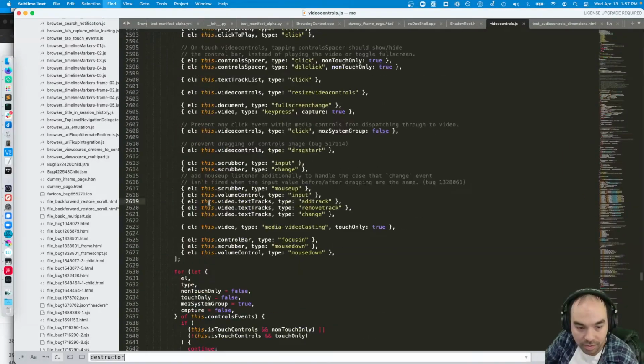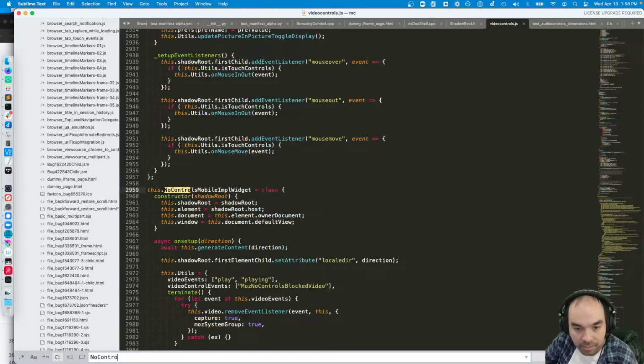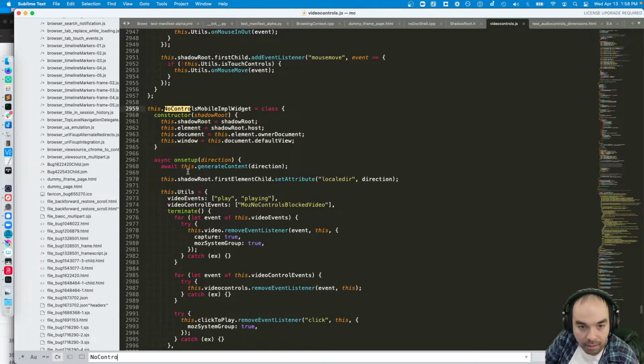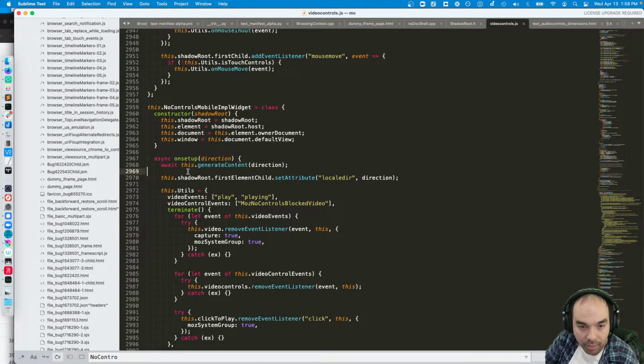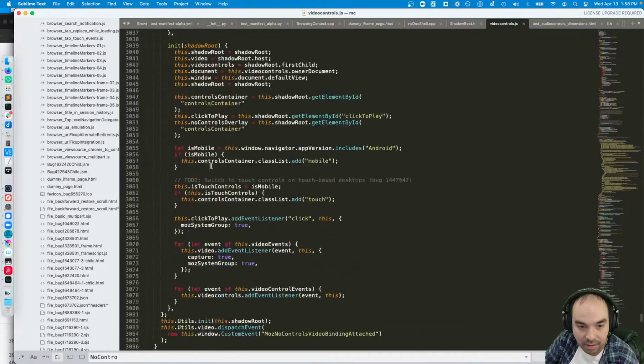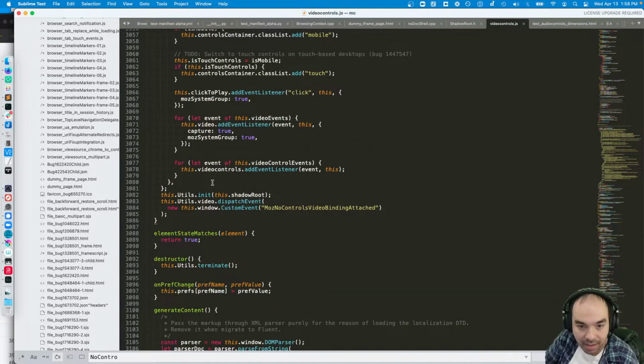No controls. And we remove it before the translation can complete. But despite that,